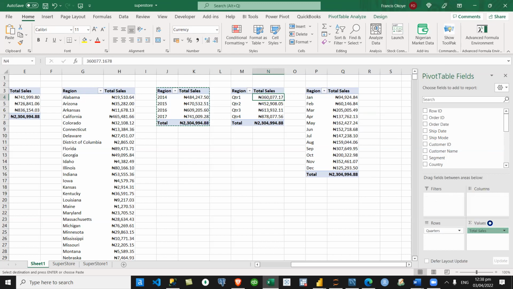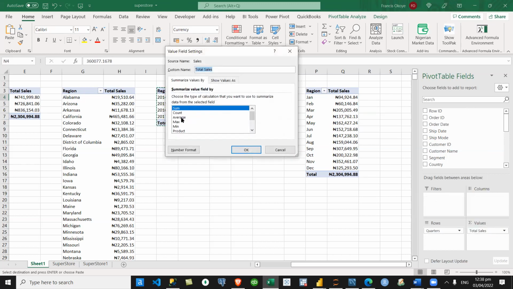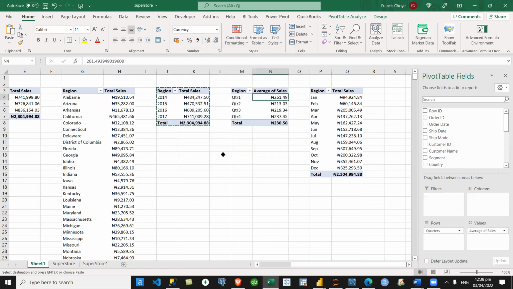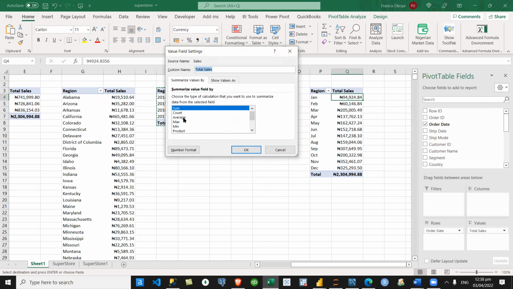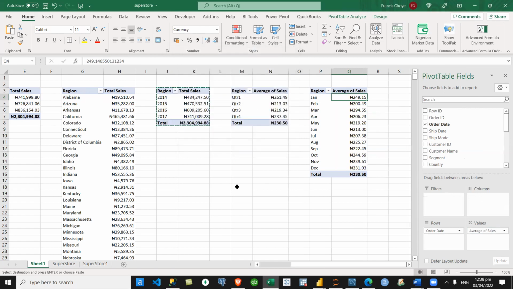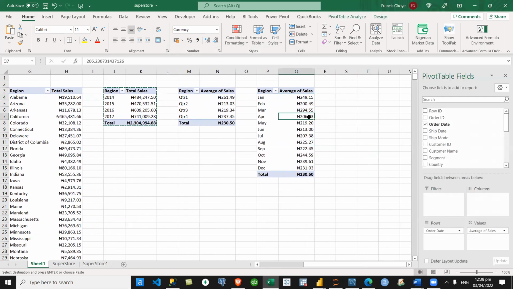So the point here is that rather than taking the sum, you better take the average. Can you see that? The same thing here, where I have total sales, I'll click the drop down, Value Field Settings, and switch it to Average. Click Average, OK. Can you see that now? This is the average for all the 4 years.